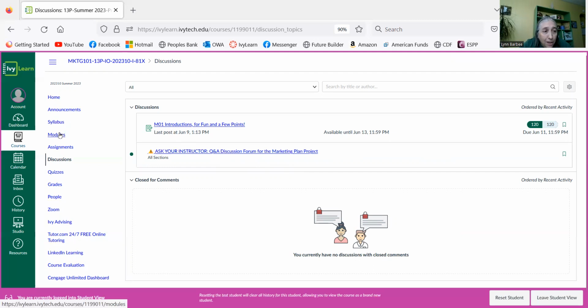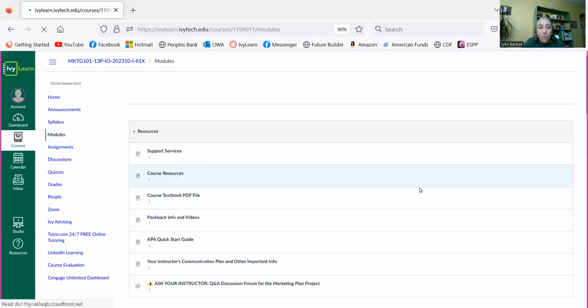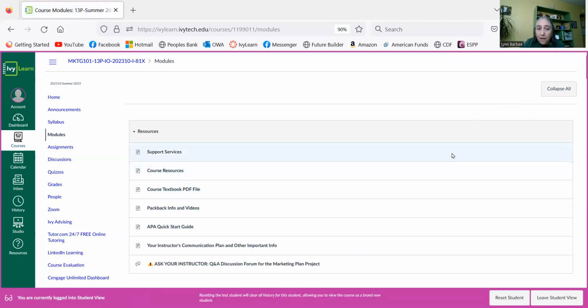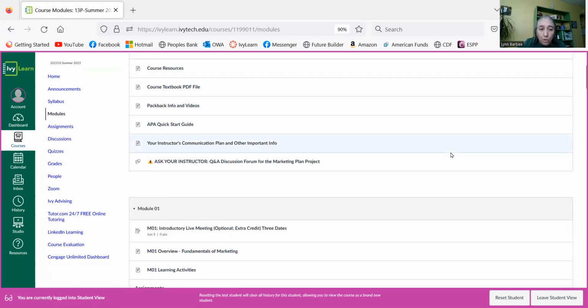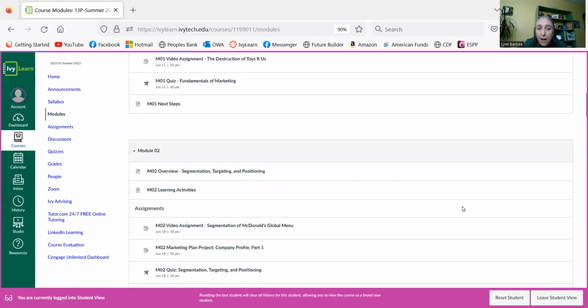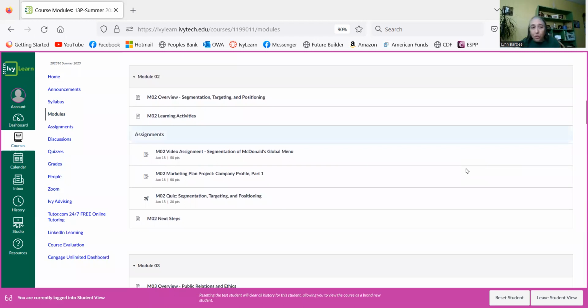By the way, I do want to mention a few things in modules. On the first day of the week, or on Sunday rather, I will send an announcement to the class saying it's time to get started on module 2 or module 3. Right now we're finishing up module 1. And so on Sunday, I'll send an announcement saying it's time to get started on module 2. And if you click where it says module 2, it will take you right to module 2.